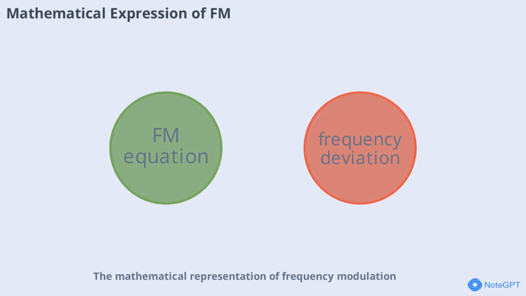Mathematical representation of frequency modulation is crucial for understanding how FM works. In FM, the instantaneous frequency of the carrier is varied by the message signal. The general equation for an FM signal is s(t) = Ac cos(2π fc t + 2π kf ∫ m(τ) dτ),